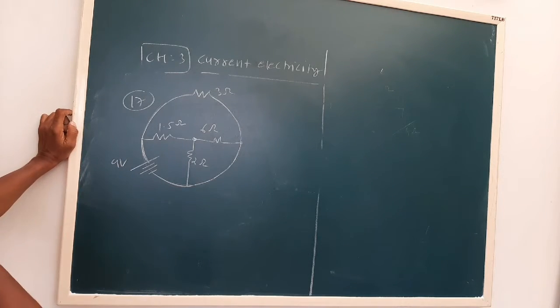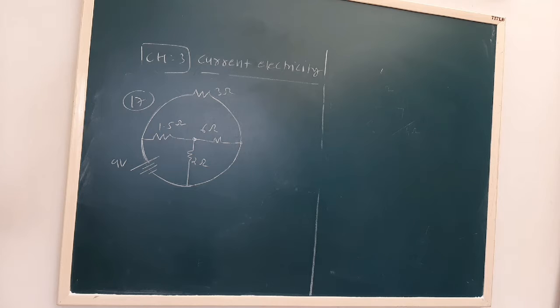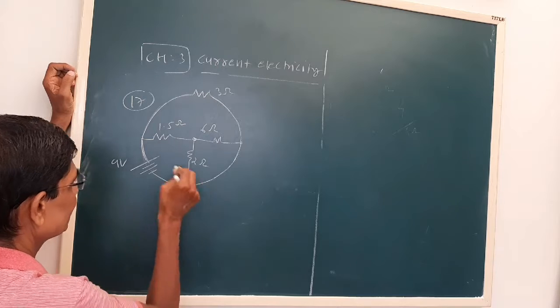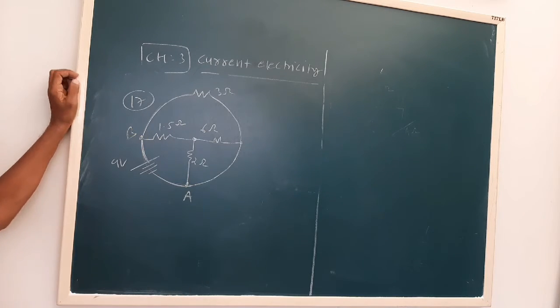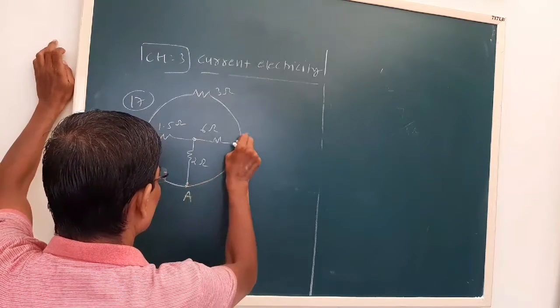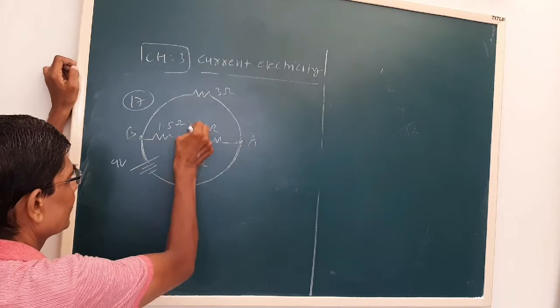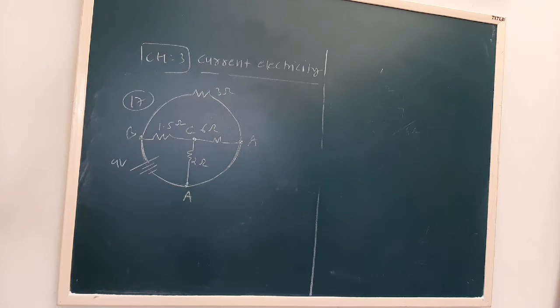Now see, your network is like this. A 1.5 ohm resistor, 6 ohm, 2 ohm, and 3 ohm are connected with a 9 volt battery in the circuit shown. We have to find out the current through the circuit. Now, for simplicity, let us give some names. Let us say this is A and B, so the battery is connected between A and B. Here in between there is no component, so we can call the junction C.